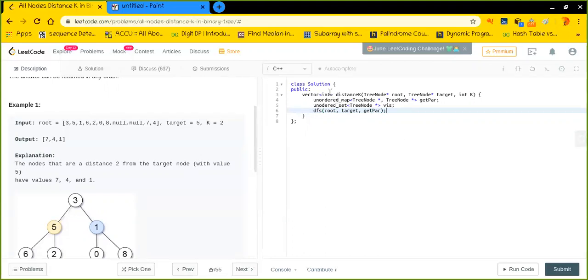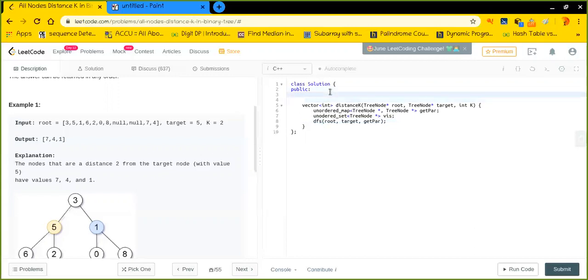So let's do the DFS now. Root, then the target. Okay, and the map.